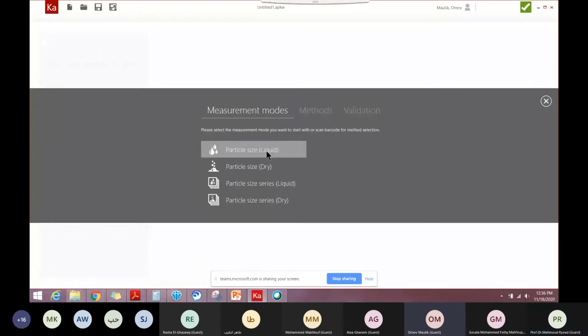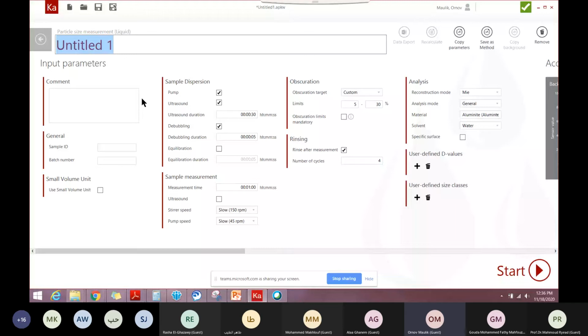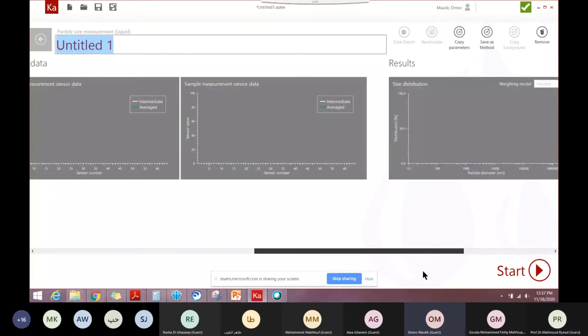You can see here, these are all the parameters that we need to set or select, and this software is often called a one-page software, because ultimately you don't have to go inside any sort of tab. Whatever you need to set would be on the single screen. And in case you have a very big screen, then the results would also come on the same screen. So you don't need to scroll anything.